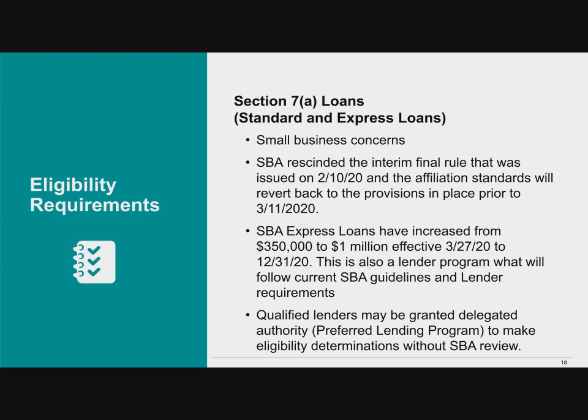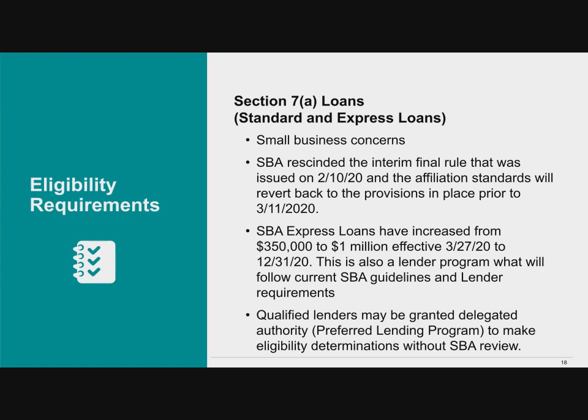What the SBA had concerns about were that we've reached close to record levels of SBA lending in the United States, getting close to $30 billion. And there were some abuses of the program, because of the secondary market. So Congress had charged the SBA and the Inspector General with monitoring the lenders much more carefully than they have in the past. And as a result of that, in February, they came out with an interim final rule